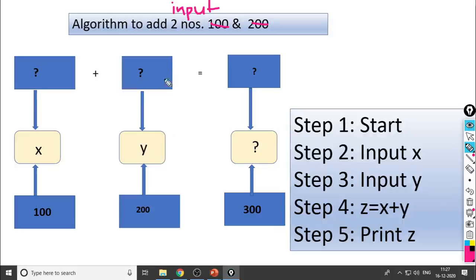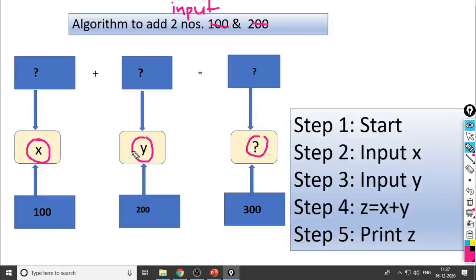So how will it perform? First we have taken variable x for the first number, and we don't know the value of x. Likewise we have y, we don't know the value of y, and we don't know the result. What we are going to do is ask the user for the value of x and the value of y.